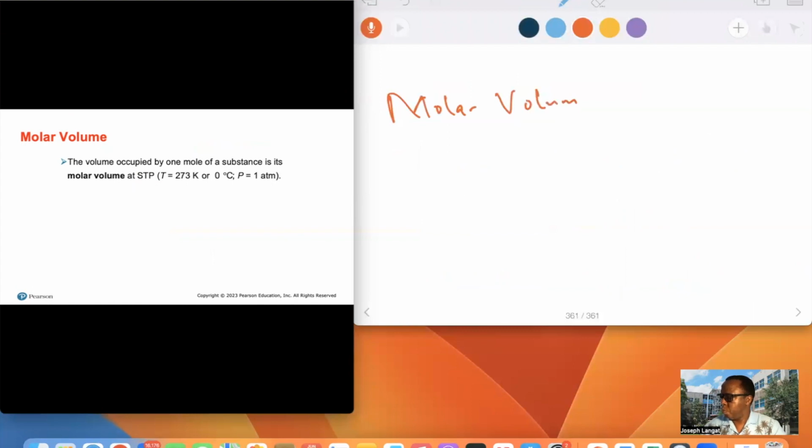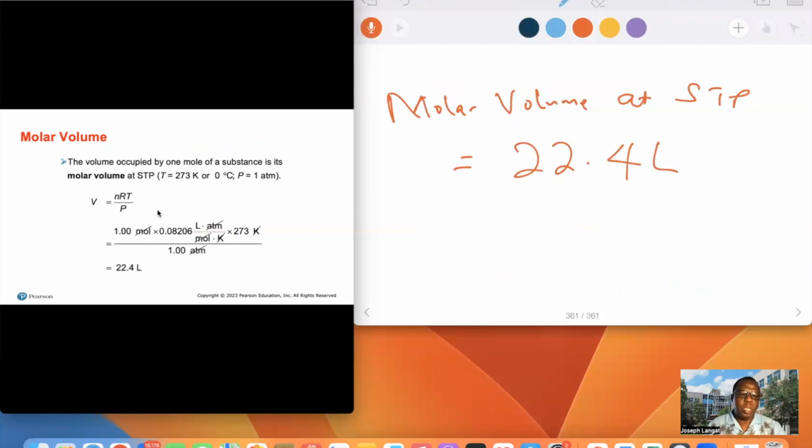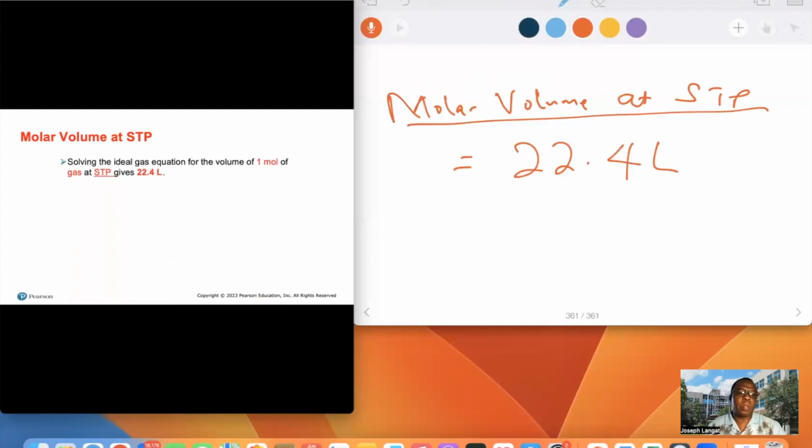The molar volume at STP is 22.4 liters. That means 1 mole of any gas, and in this case, when we're looking at gases, 1 mole of any gas occupies 22.4 liters. We call this molar volume, the volume occupied by 1 mole of any gas. At standard temperature and pressure, 1 mole of any gas occupies